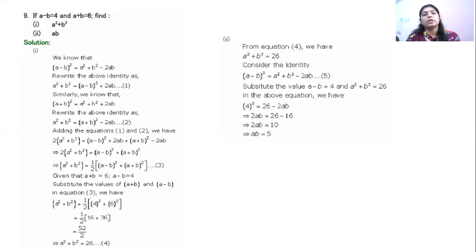The third and fourth identities are also very important to solve the questions of this expansion, because we all know the formula of (a plus b) whole square and (a minus b) whole square. But when these formulae are going to add and when these formulae are going to subtract, then two more identities will be there and we have to memorize them. It will be easy for us to memorize because (a minus b) whole square plus (a plus b) whole square gives you 2(a square plus b square). We just apply the values and we can solve.